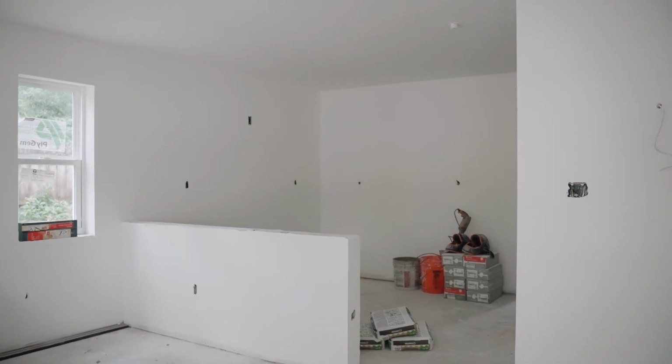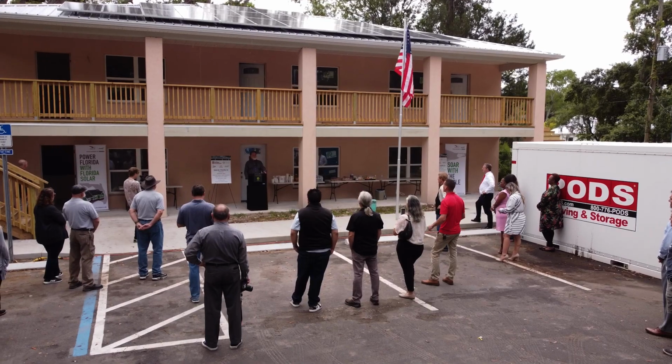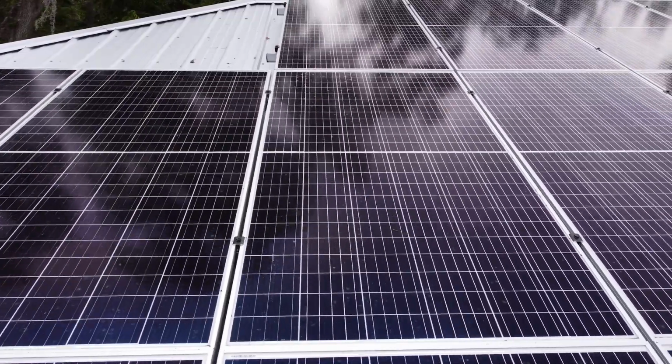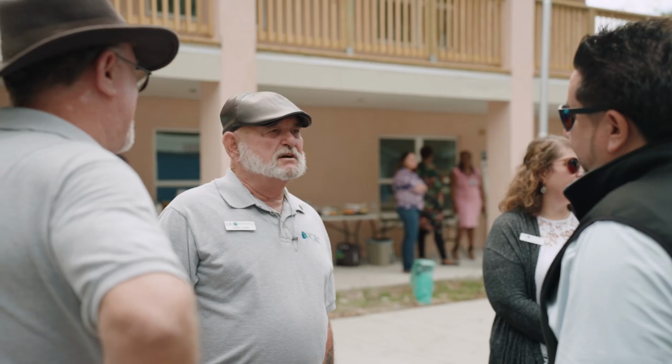We wanted to make sure that the initial consumption footprint is as small as possible so that whoever was going to be renting here would have lower utility bills in addition to a lower rent. Being able to put solar on the roof was amazing. We'll save about $1,500, $2,000 a year right now, but this is guaranteeing that it will remain affordable for a long time. I think the vets, when they move in, will be thrilled. It will be unique for them not to have to worry about a power bill, in addition to everything else